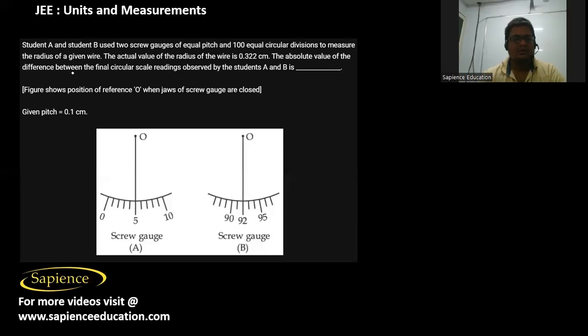And here it is told student A and student B use two screw gauges of equal pitch and 100 equal circular divisions to measure the radius of a given wire. The actual value of the radius of the wire is 0.322 centimeter. The absolute value of the difference between the final circular scale readings observed by the students A and B is